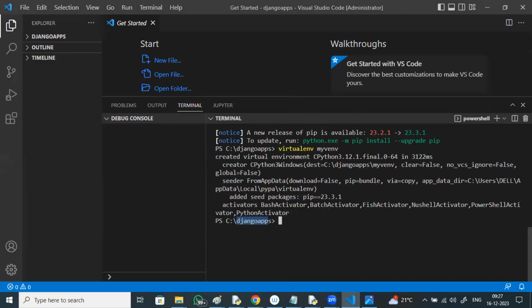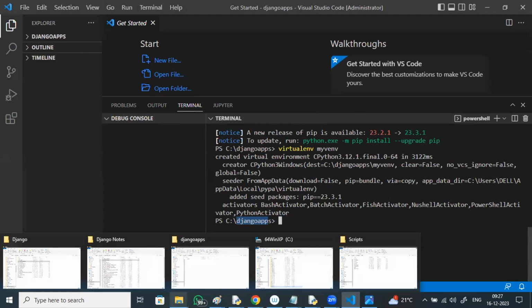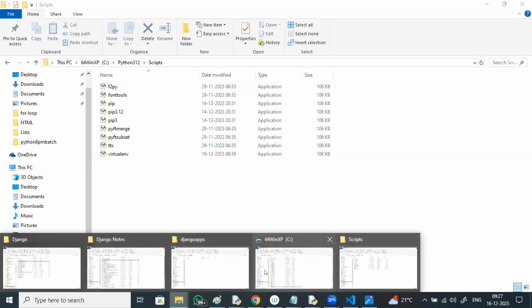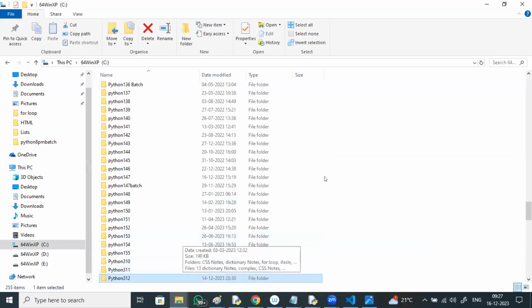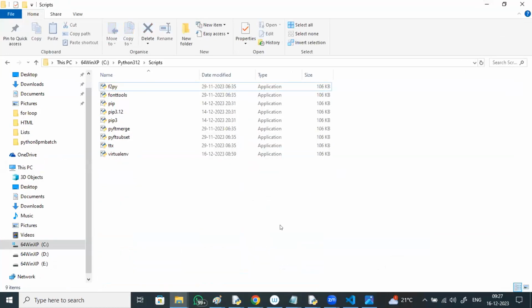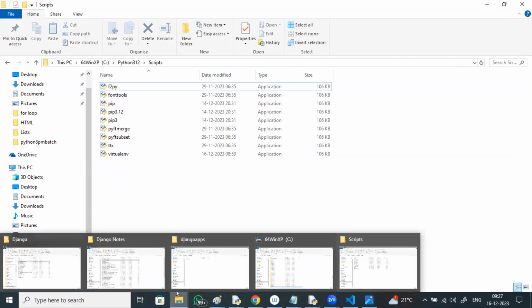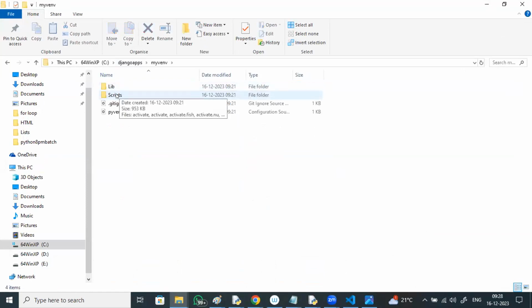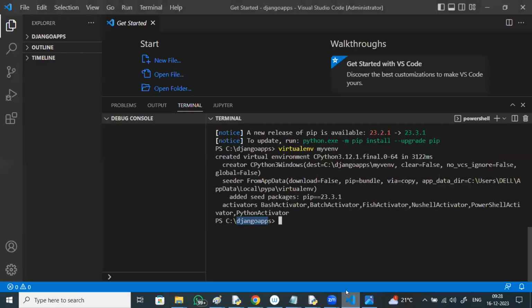But where is your virtual environment created? Means in C drive, Django apps folder, my virtual environment, in here, Scripts. So here you need to give this. You are currently in Django apps.